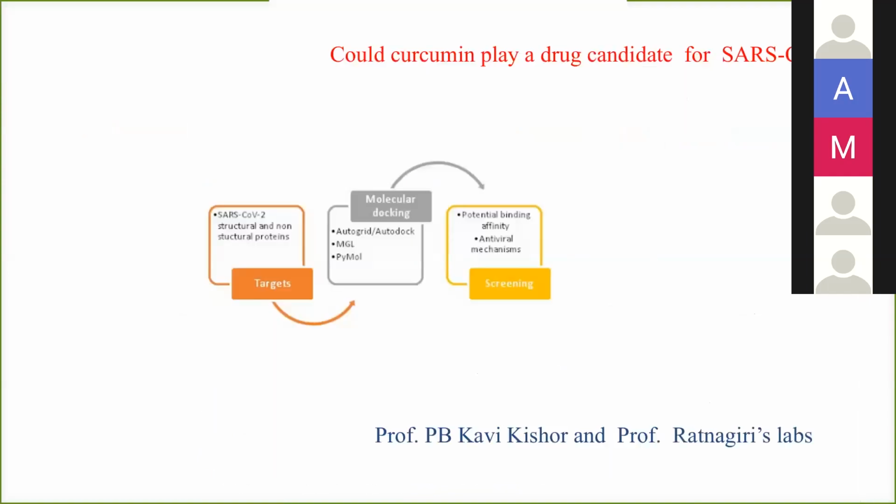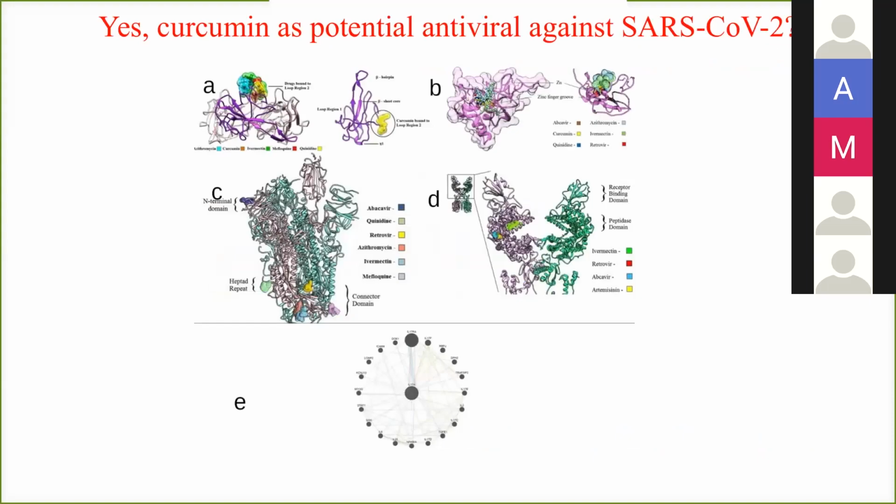I'm just trying to tell you the story over here: we have taken all the SARS-CoV-2 structural and non-structural proteins, tried to go for plausible drug targets, using the simplest Autodock-based model with Vignan and PyMOL. And then we tried to check the antiviral mechanisms, taking curcumin as a plausible candidate and comparing curcumin with remdesivir. We have got several other drugs like ivermectin, Retrovir, azithromycin, and all those kind of things. So the take-home message from this particular slide is curcumin fares wonderfully well with all these particular proteins.